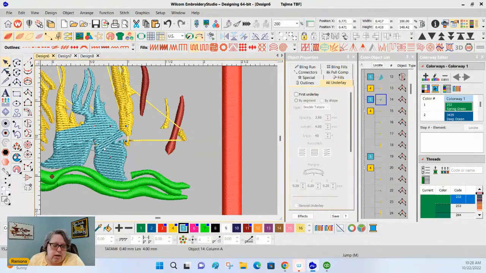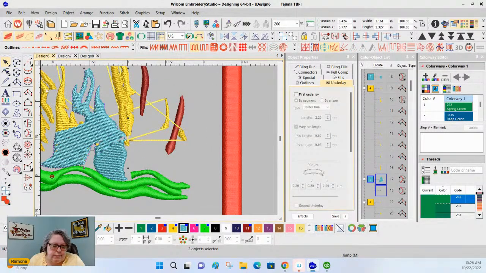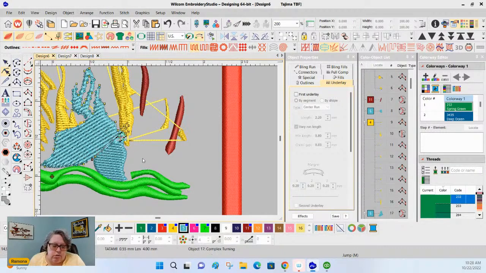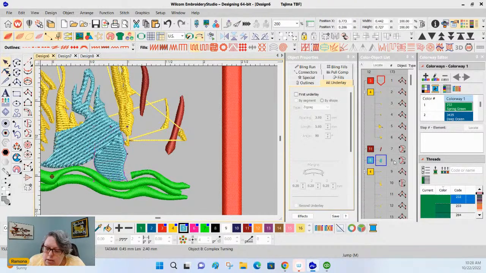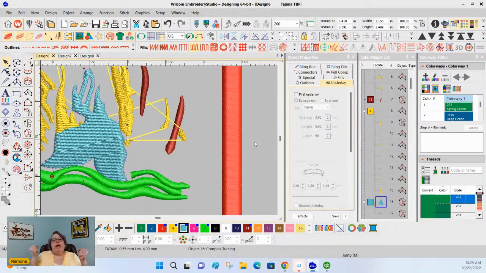and I want to bring that up, because I want to take all of these that I've highlighted in blue and merge them. Then I can come down here to the nodes, delete some nodes, delete some nodes. Oh, you didn't get in there, but that's okay. We can get you in there. And merge them. This is all stuff that you can do in your Wilcom software